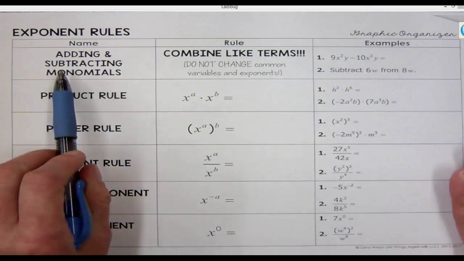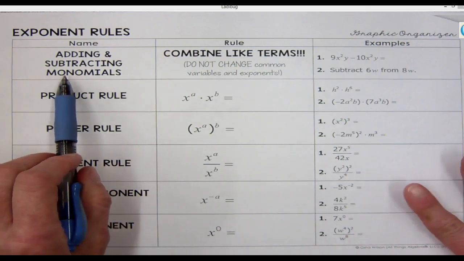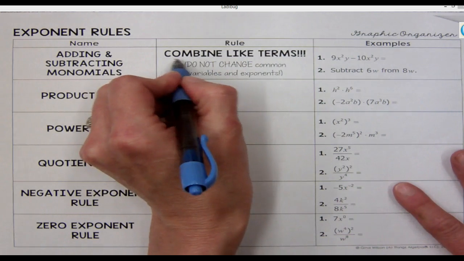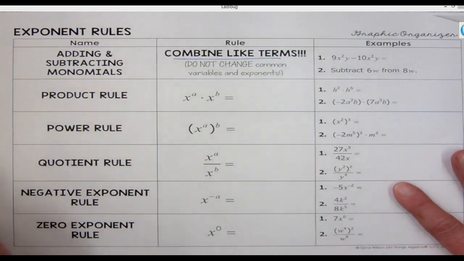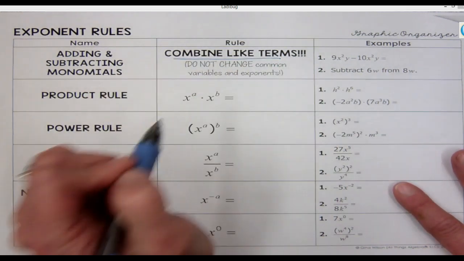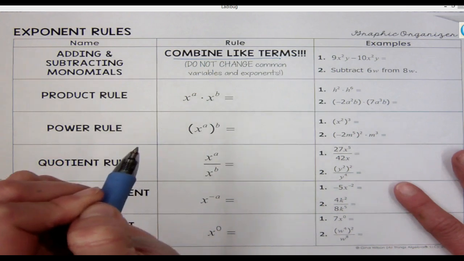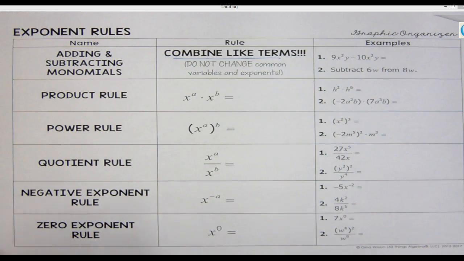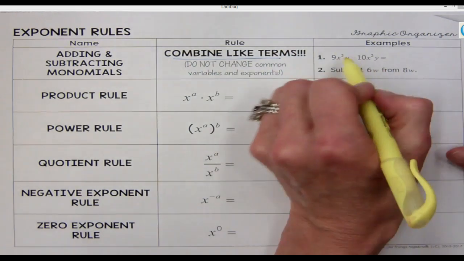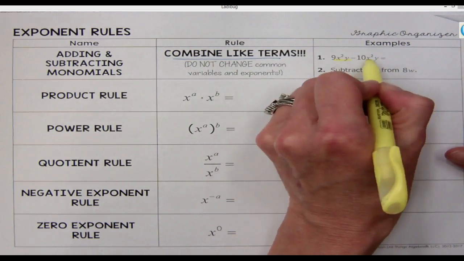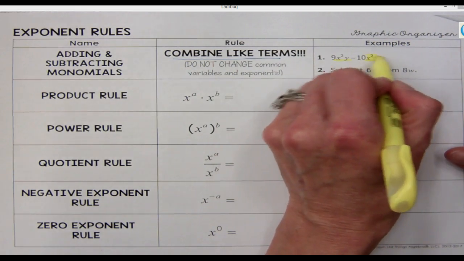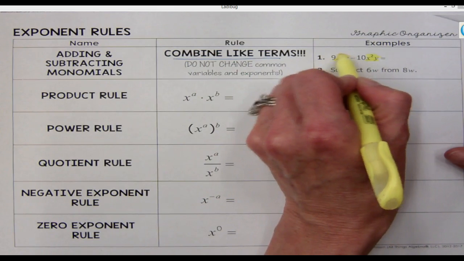Okay, so the first thing is when we're adding and subtracting monomials. Basically, we're going to combine your like terms. You don't change your common variables or your exponents. So this is basically what we talked about in the middle of the year, when we were talking about combining like terms. We're looking at the last name. Remember how we said that if they have the same last name, then we can